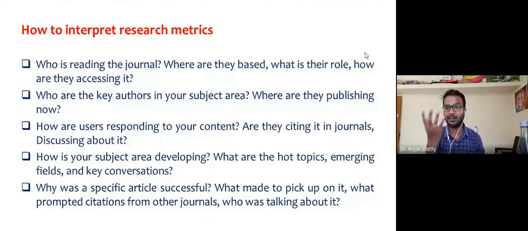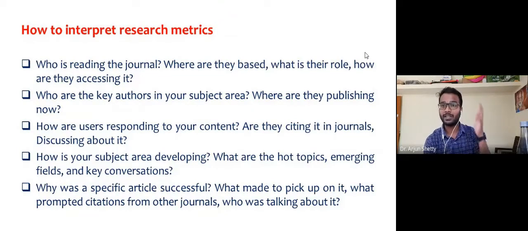What are the metrics of your article? What are the metrics of the journal in which you have published the article? You need to interpret all these things, because the whole scientific world expects you to publish articles in more suitable, more scoped, more readable and more citable journals. You need to know in which journal you are publishing the article,